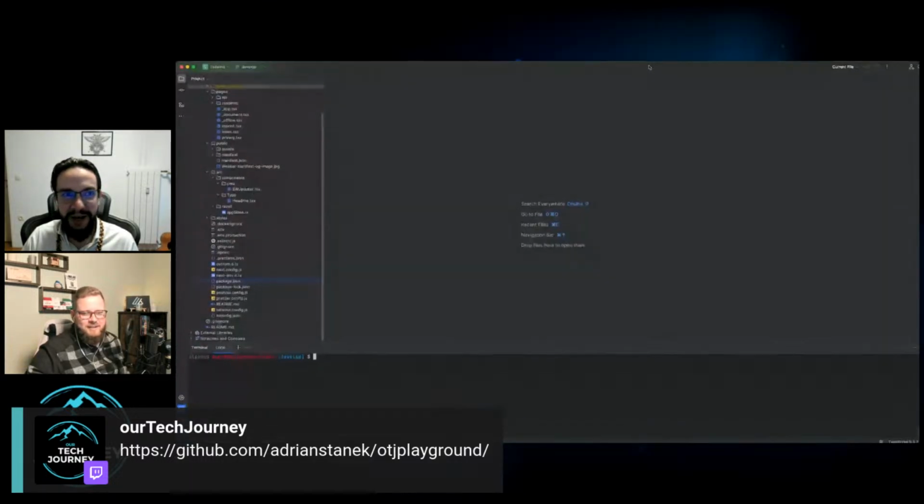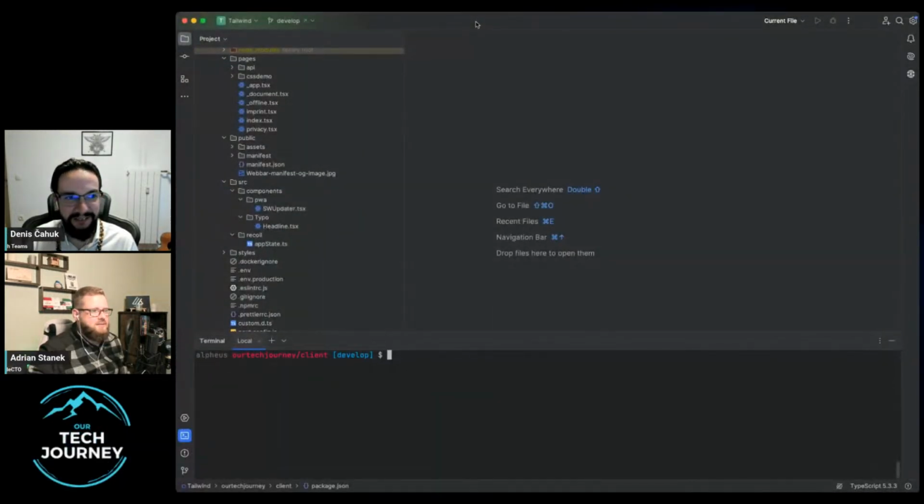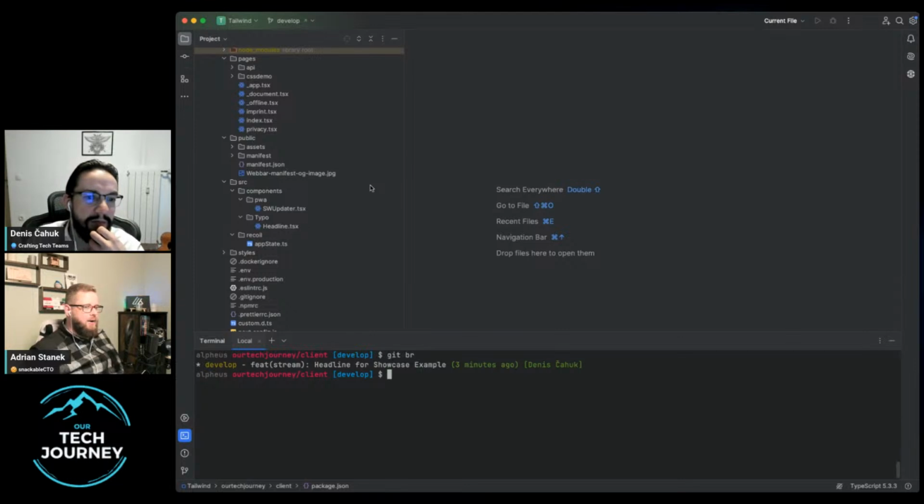A develop branch is not Git flow. As long as this branch is merged every day into main, you still are on the continuous delivery requirements.